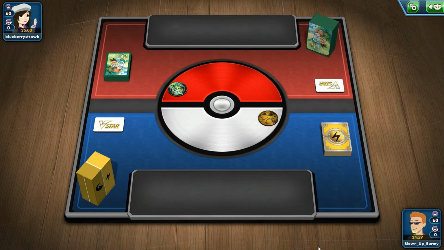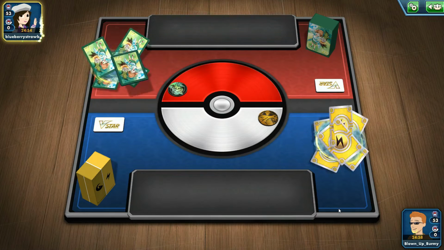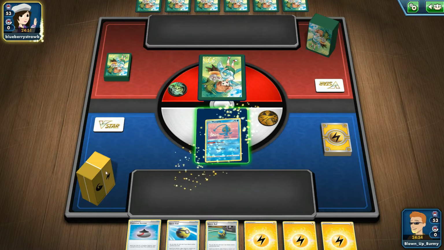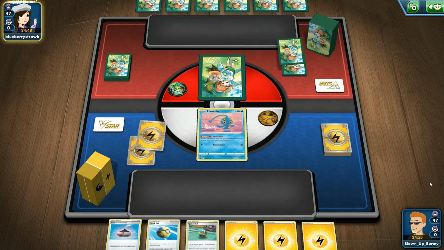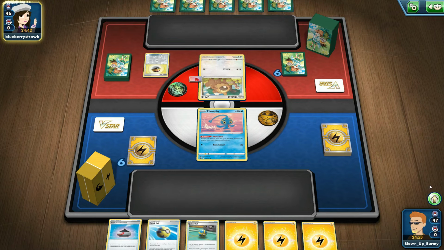So they got Shaymin VSTAR, Arceus, and Shadow Rider. They got Tornadus for the support, Bibarel, Crobat. Pretty interesting. A very kind of a mix of cards. Sometimes playing a mix is really cool because it targets a lot of different decks, but I don't really like it just because the more